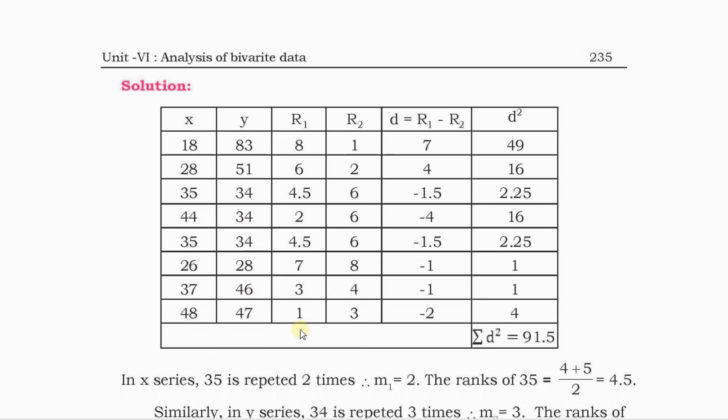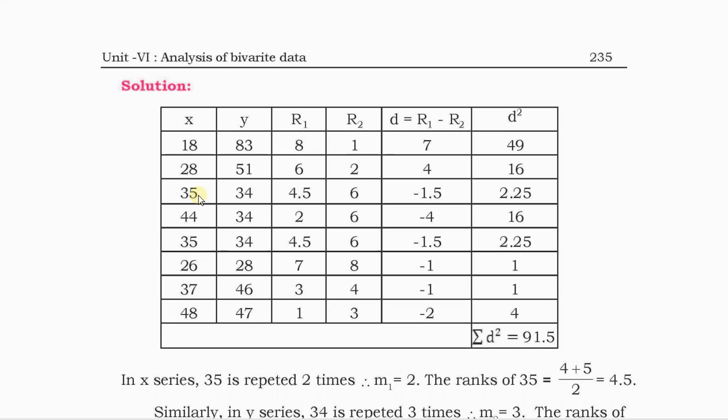So highest value here is 48. So the 48 number is given first rank. Next, the next highest value is 44. It is given the second rank. The next highest value is 37. It is given as third rank. The next highest value is 35. But wait, here 35 are two numbers here. So now comes the actual problem. So what if there are two values? How will you rank them? Now here in our data, according to the problem, we cannot give the same ranks to two numbers.